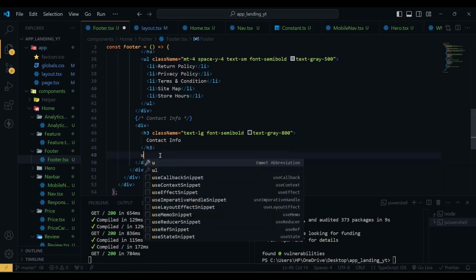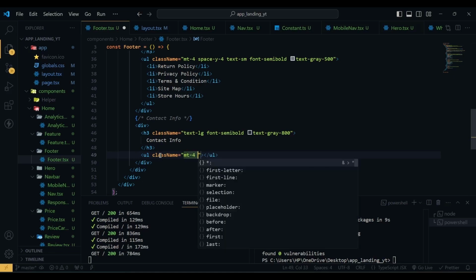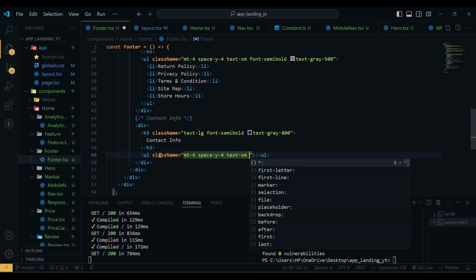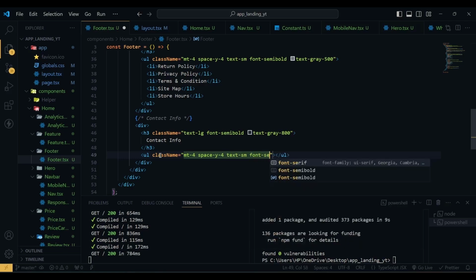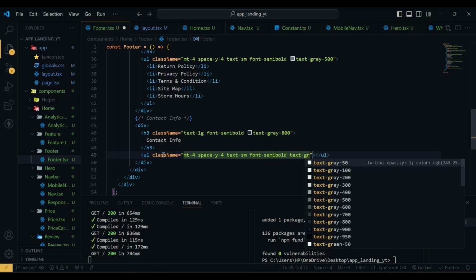So after this h1 we have a ul with the class name of margin top of 4, space y4, text will be small, font will be semi bold, text gray 500,